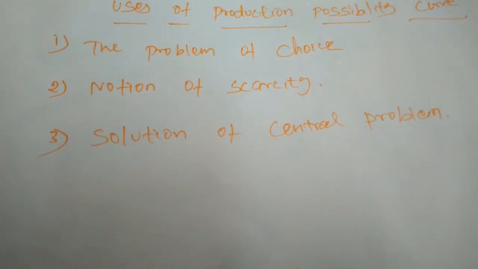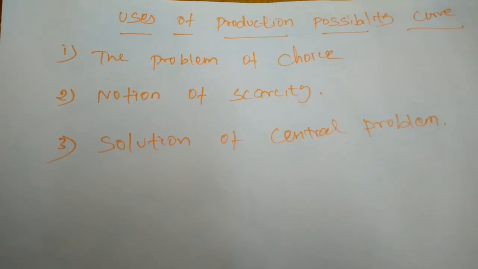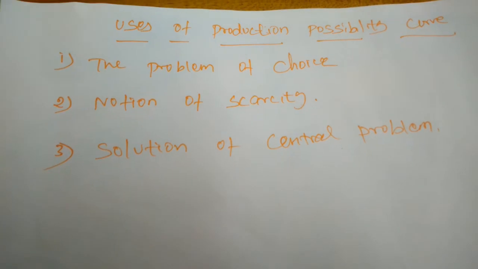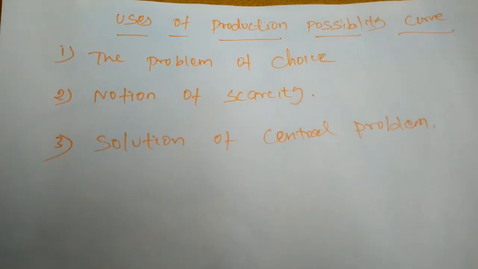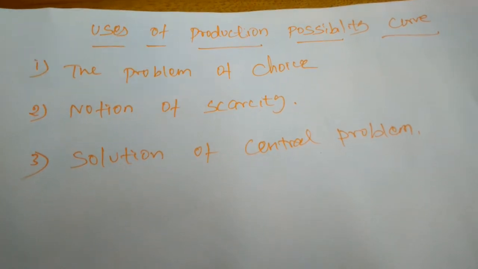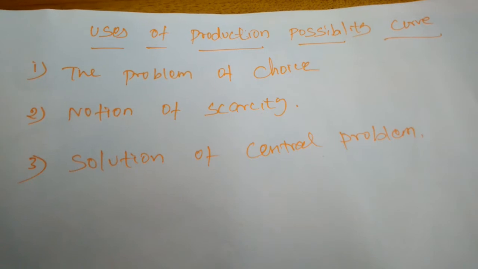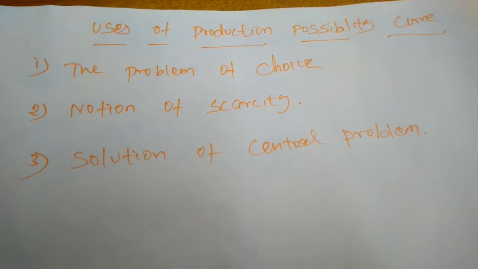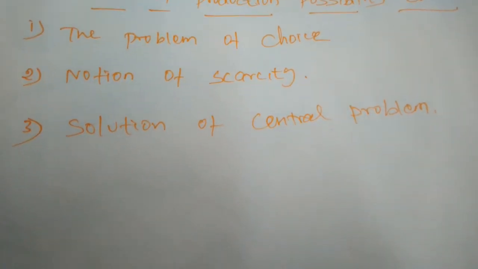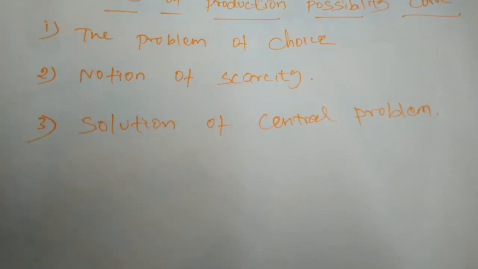The problem of size arises because of given limited resources and unlimited wants. When we have unlimited wants and limited resources, we face the problem of size. It may be related to the allocation of resources between goods for the higher income group and the lower income group. All nations have different groups of people, the rich people and the poor people.